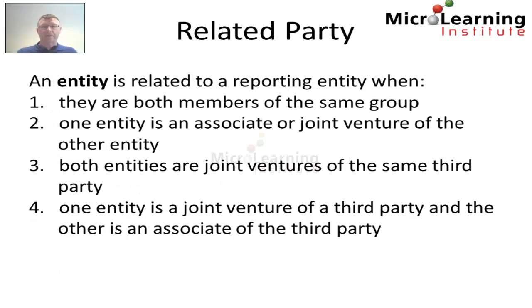An entity is related to a reporting entity when one of the following 8 criteria are fulfilled. Either they are both members of the same group, or one entity is an associate or joint venture of the other entity, or both entities are joint ventures of the same third party, or one entity is a joint venture of a third party and the other is an associate of the third party,